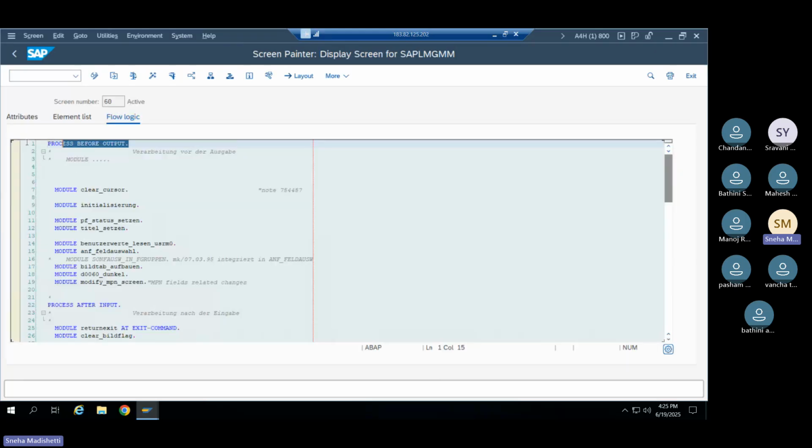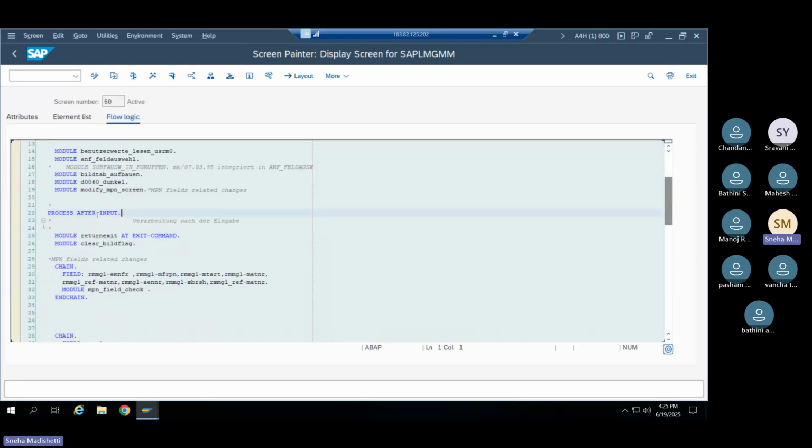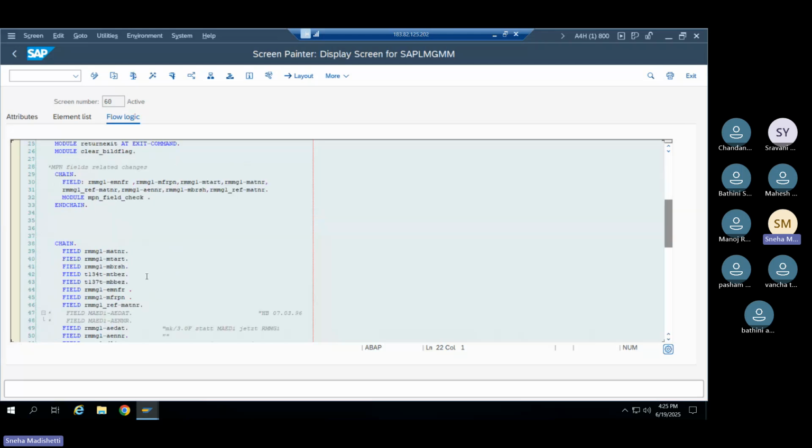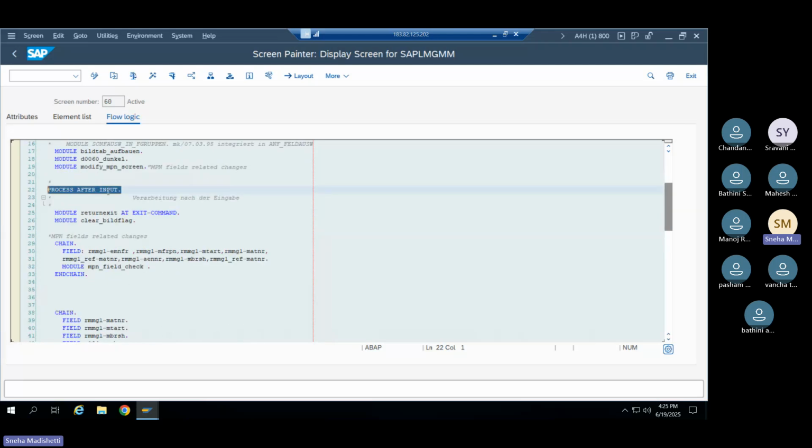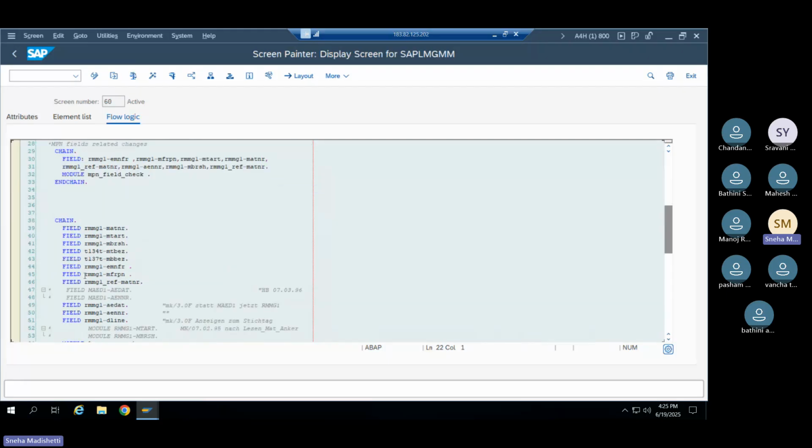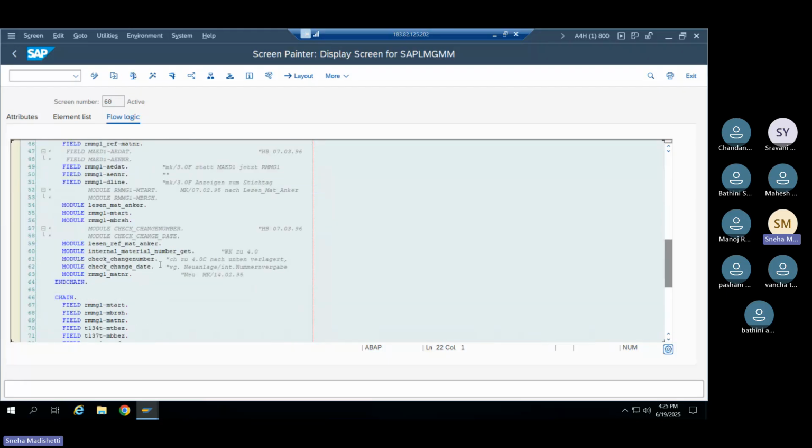So here the PBO event is there, the PAI event is there. Whenever we click on the button, it has to check whether it exists or not, right? So I have to check the PAI event. In the PAI event, there is a module called internal material number get. So this module contains